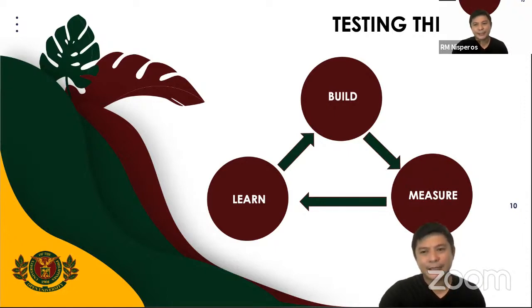And to test the business model, we need to be mindful of this feedback loop. So what is the feedback loop? It's a way to build learnings about our customer, about our market, and about our business. So basically we build experiments, and then we measure quantitative results, and we learn from that. Rinse and repeat, we continuously improve our business model as we continue. So the keyword here is learning about our customers, learning about the market, and learning how we can improve our business.